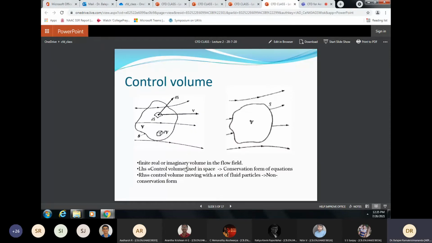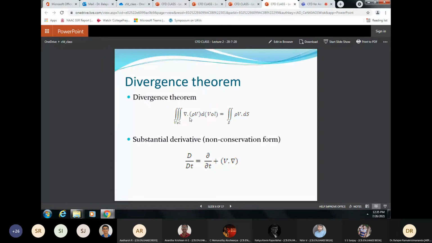Now it doesn't stop there. It says it doesn't want rho v. It says del dot rho v. Now v is a velocity here, it's a vector. Rho is a scalar. What is del dot rho v, scalar or vector? Scalar, sir. Scalar. Right. Because del is like a vector operator. It appears as i dou by dou x plus j dou by dou y plus k dou by dou z.